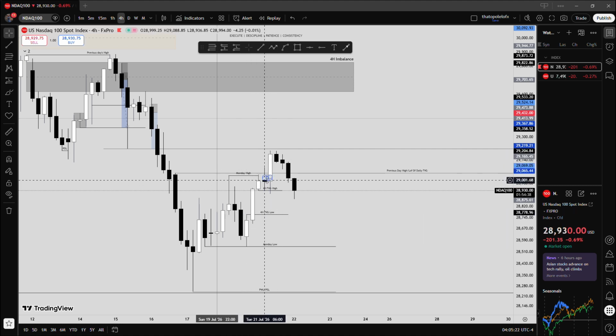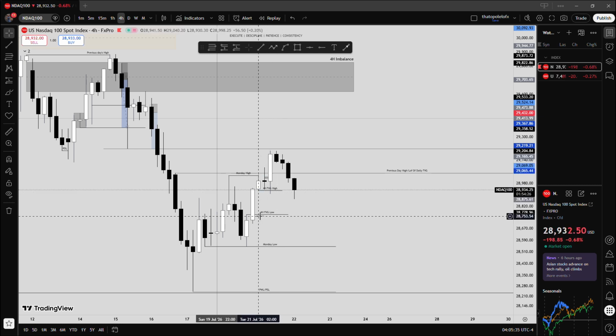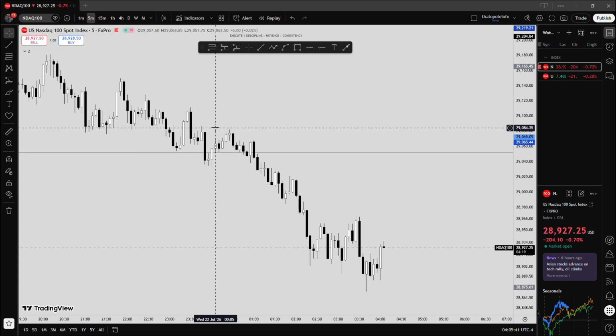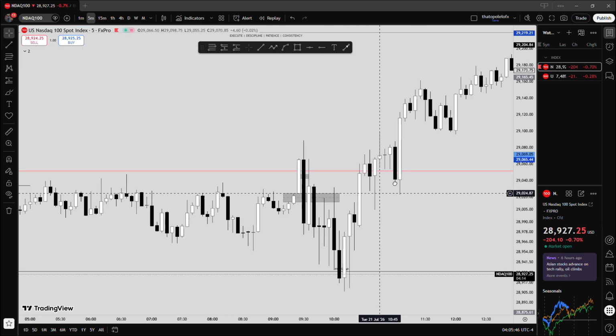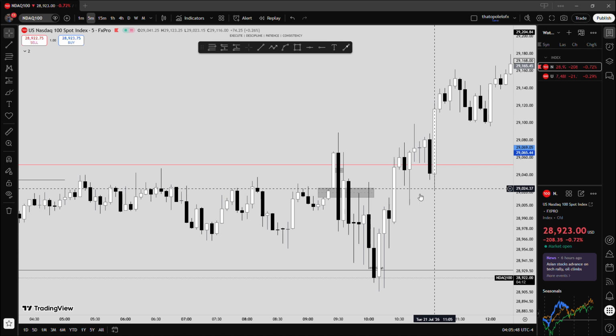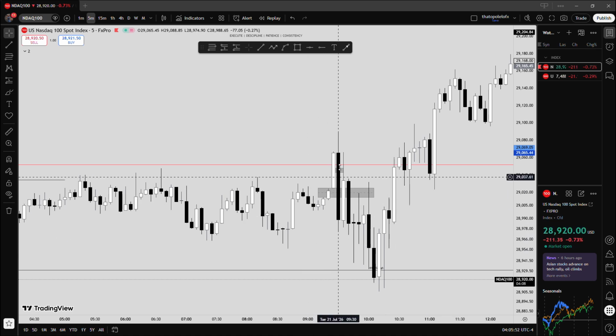So I was expecting at least for price to get into this level before it could take this high, or get into the daily fair value gap before it goes into the 4-hour fair value gap, and then continuing higher, right? One of the two had to happen. So I went down to the 5-minute time frame and waited for price to print, and at 9:30 price immediately got into the